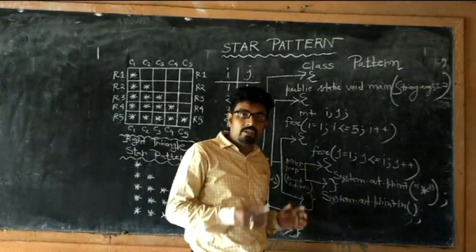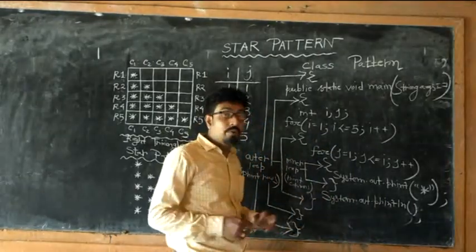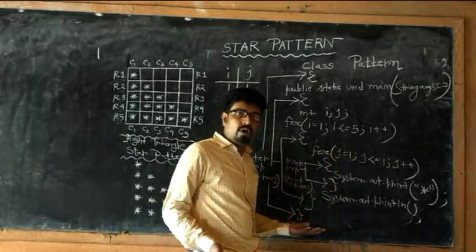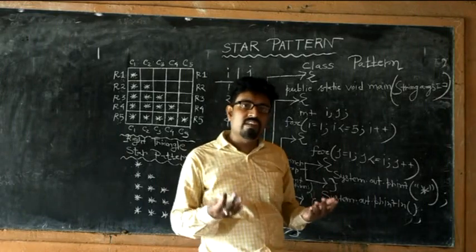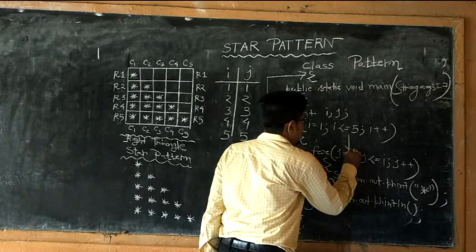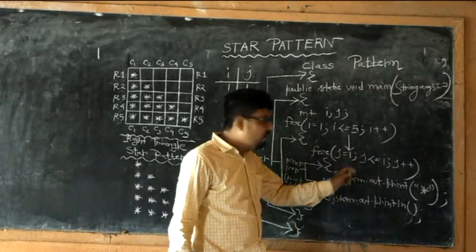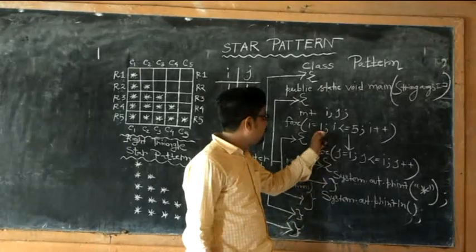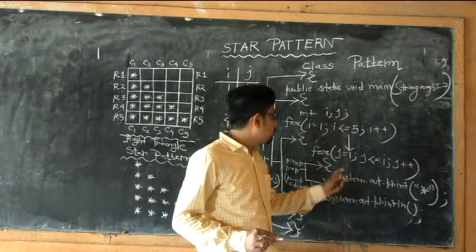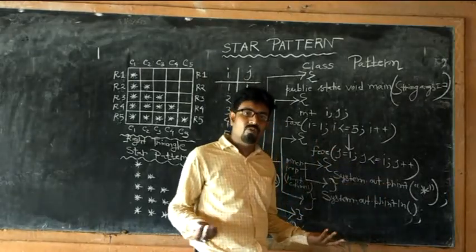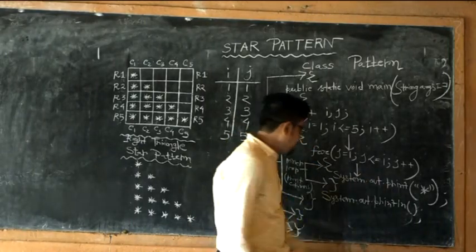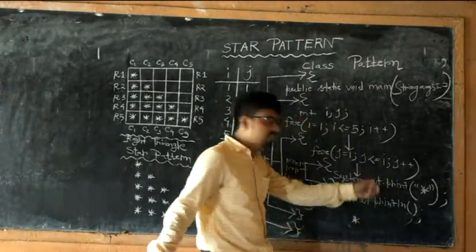While you implement the logic to print the stars, the counter points, students, show how it will work. Generally, i equal to 1, i less than or equal to 5. As we all know, 1 is always less than 5, so 1 less than or equal to 5, condition true. It will go to the column section. j equal to 1, j value is 1 and i value is also 1. j less than or equal to i, i value is 1, so 1 less than or equal to 1, condition true. It will go to the print section and print the star according to this logic.